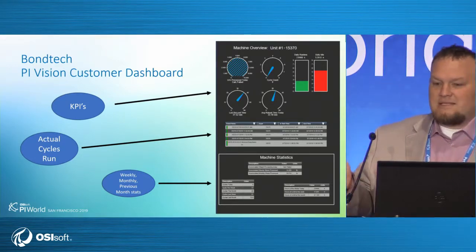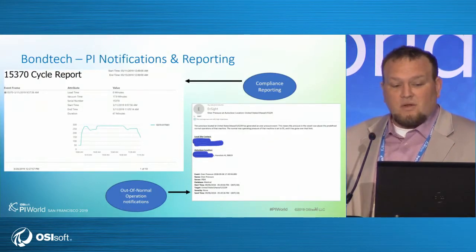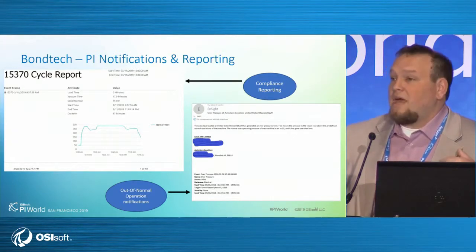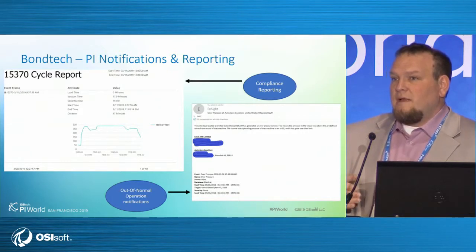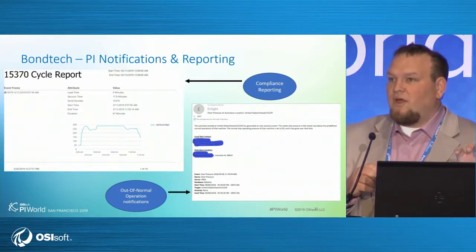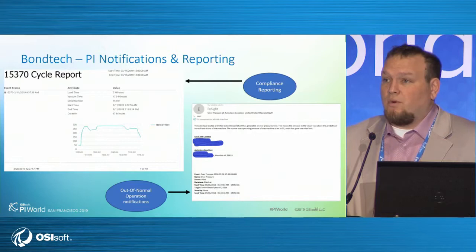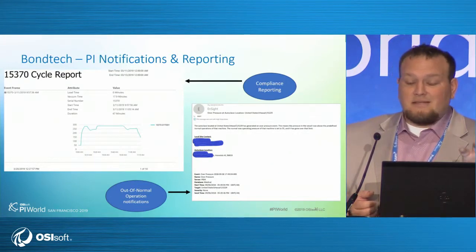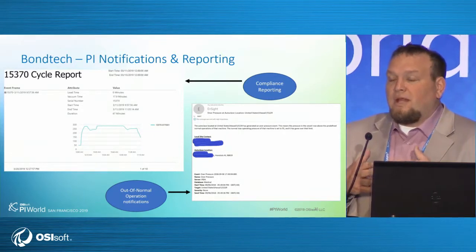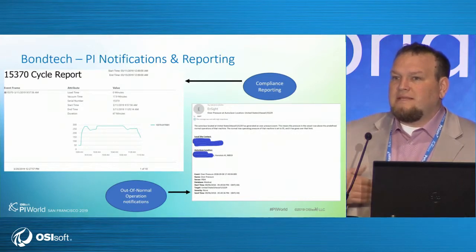And then the next slide will show we actually built a way for them to pull reports. On the left-hand side, you'll see an automatic report that gets sent to them every time a cycle runs through the PI notifications. It builds this through the event frame triggers, and it just jumps out to them. This is the same information that they were previously having to keep on a chart recorder. Now they've got this in a digital form, in a digital backup. They can access this same report through an unlimited amount of the history of the data that they have with our company